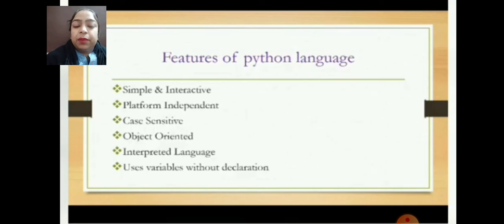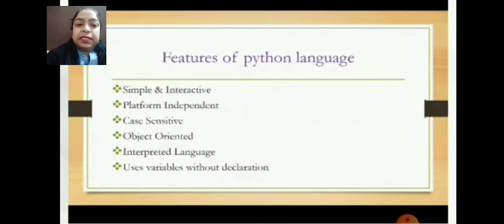Beta, what do you mean by object oriented language? For example, if you work with the Python shell, you can work very easily, and you can get any program's output very easily. There is no need to first save the program and after that run it. No. That's why we also say Python is an interpreted language. That means Python gives output line by line. If you give the input to Python, it will show the output: input, output, input, output.